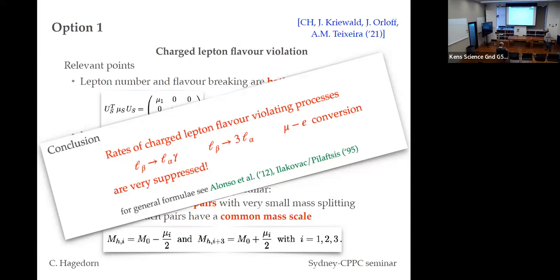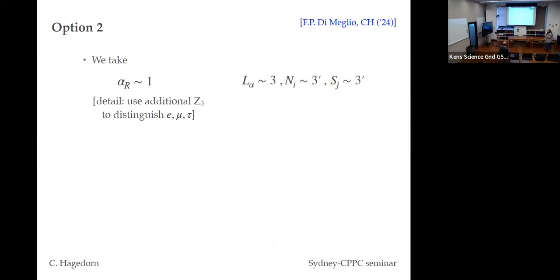You might say that obviously this is due to the fact how we implemented this breaking of the flavor and CP symmetry to G nu for the neutral states. So you can think about what happens if I change this. I'm not forced to do it as I did it before. So now,